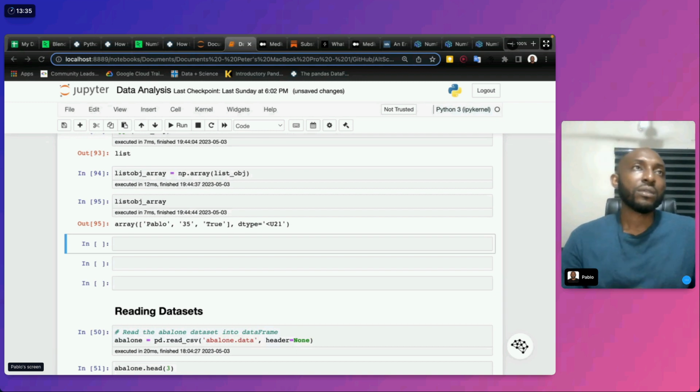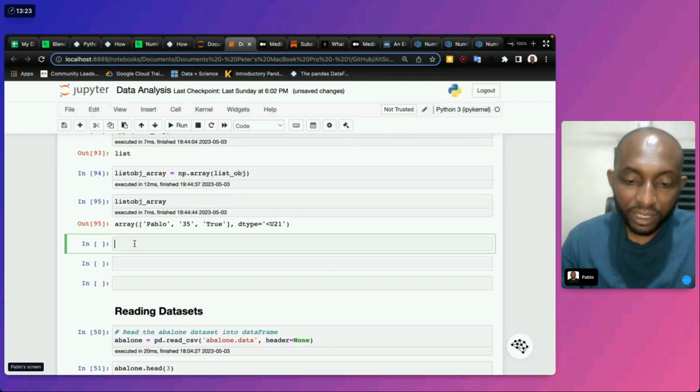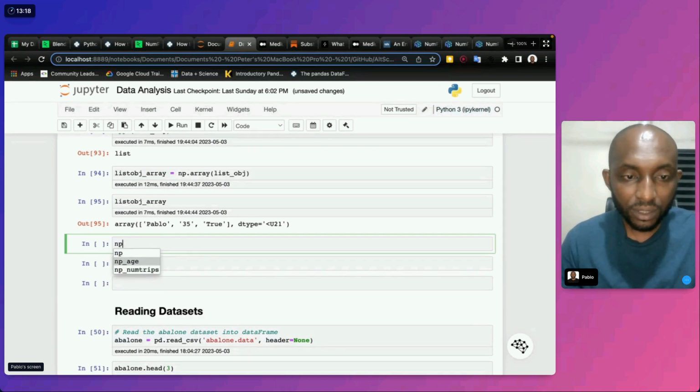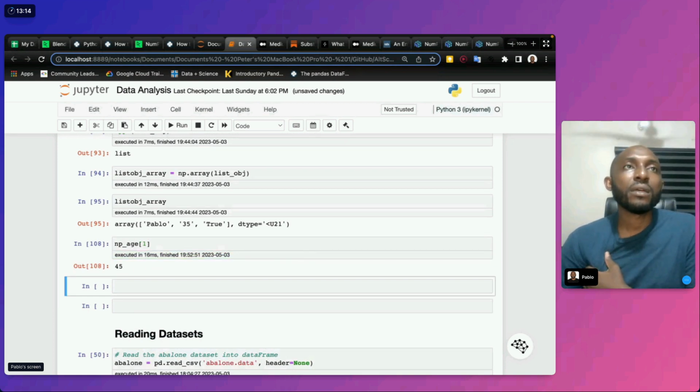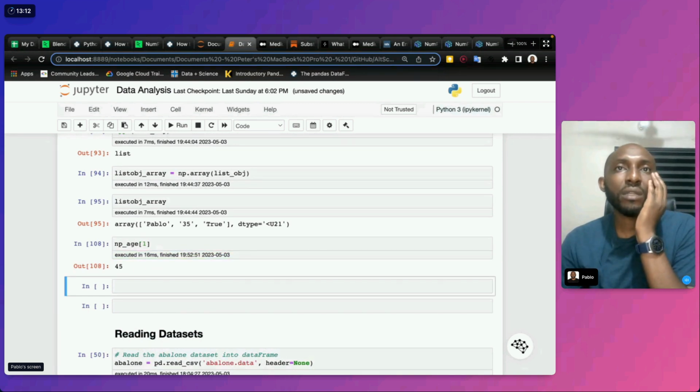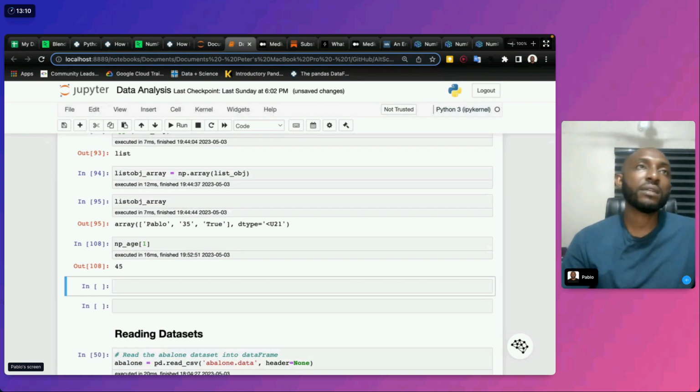You can read through, you can index NumPy arrays, and they can do basically a lot of the stuff that you can do with those guys.